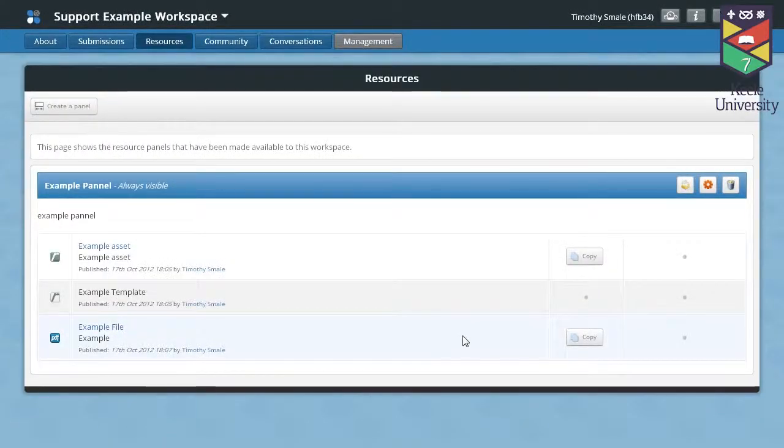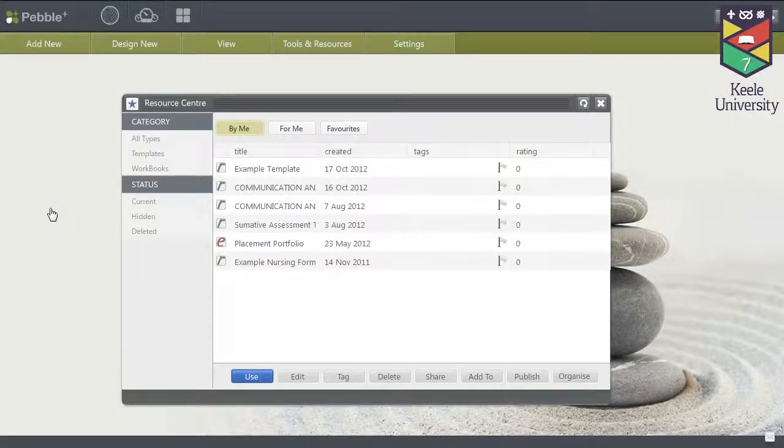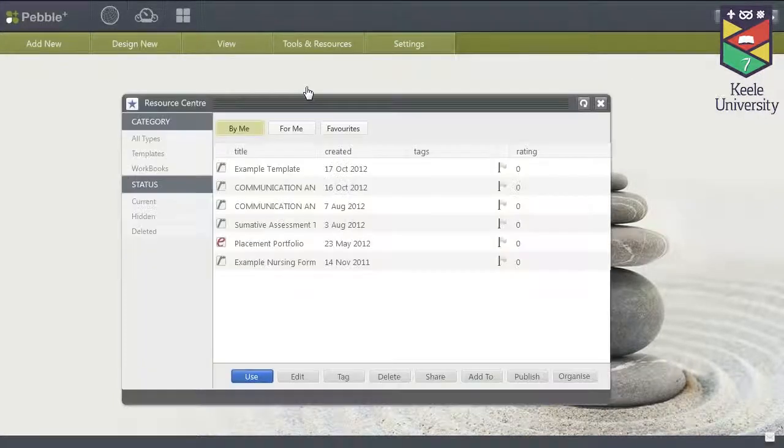When we come back to the student view of the resources, you'll notice that the template that we uploaded does not have a copy button available. This is because it's automatically been put inside the resource center of the student's Pebble Plus. If we go into Pebble Plus and click on either Add New and View All, or Tools and Resources, Resource Center, and then click For Me,